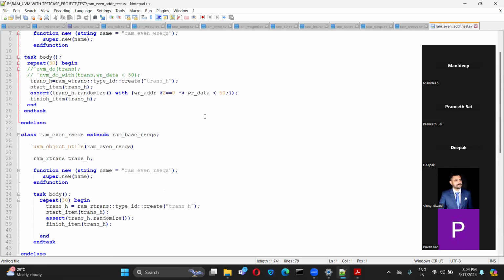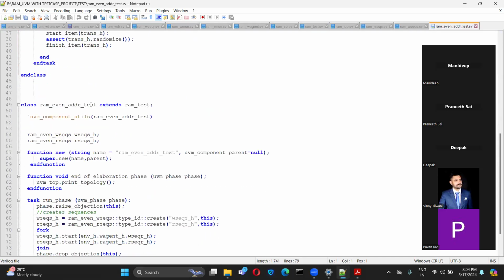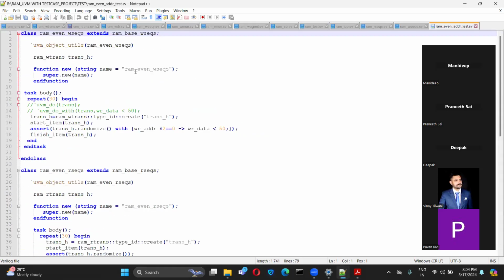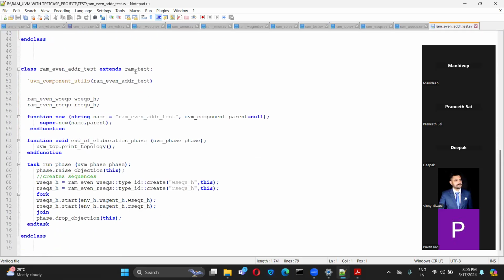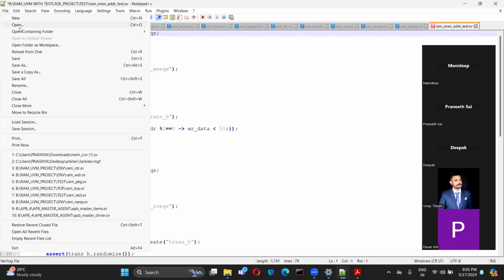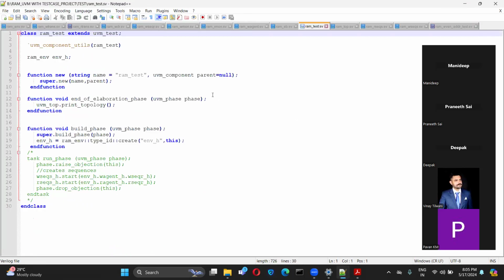See, we have a sequence which is extended from the base sequence, but you are asking about the test, no? This is the RAM test. It is extended from the UVM test, okay?